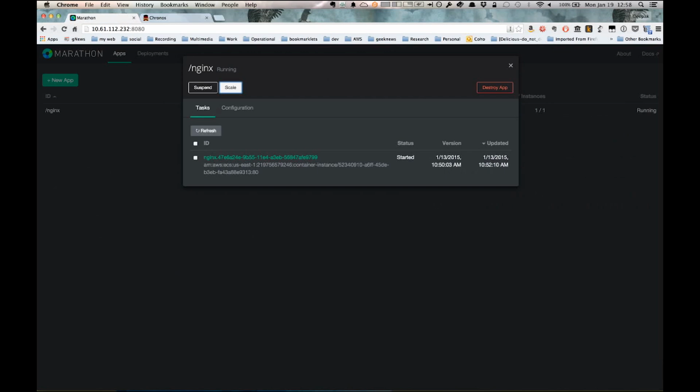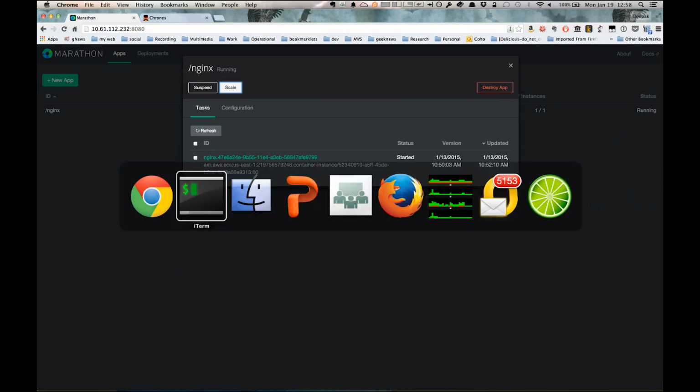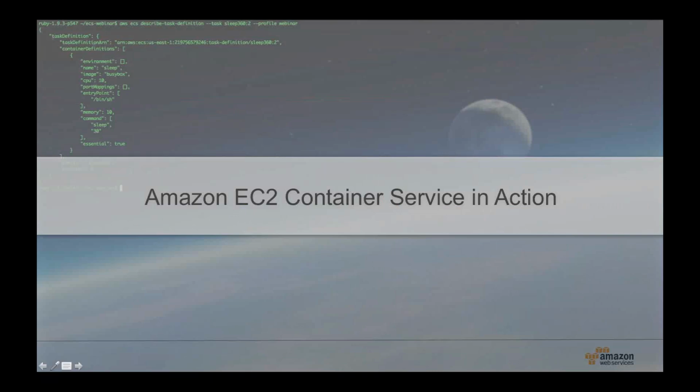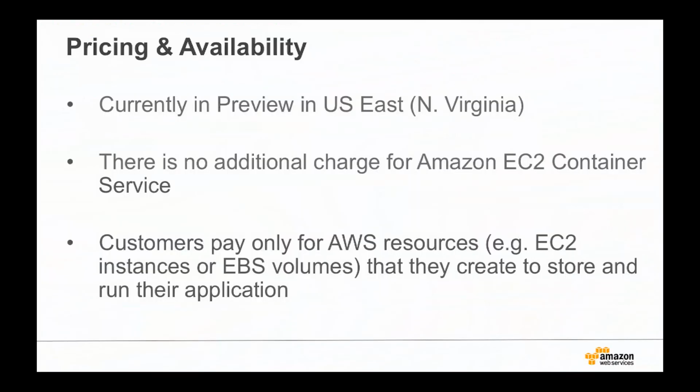with our service. I briefly alluded to a scheduler driver earlier. It's something that we plan to open source very shortly. And hopefully that will give you a starting point for your own integrations. So let's get back to our presentation here. Hopefully you got a little glimpse into how you can use the AWS CLI or a third-party scheduler with the container service. The service is currently available in preview in 1 region, which is US East, and at no additional